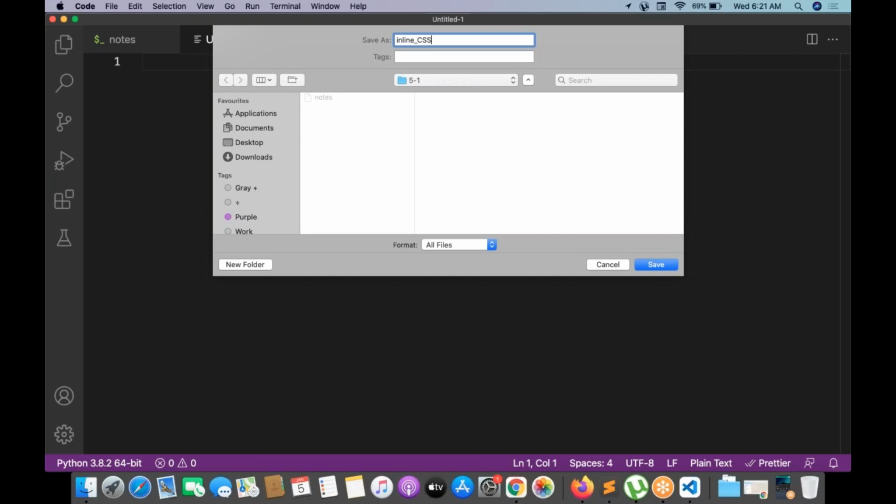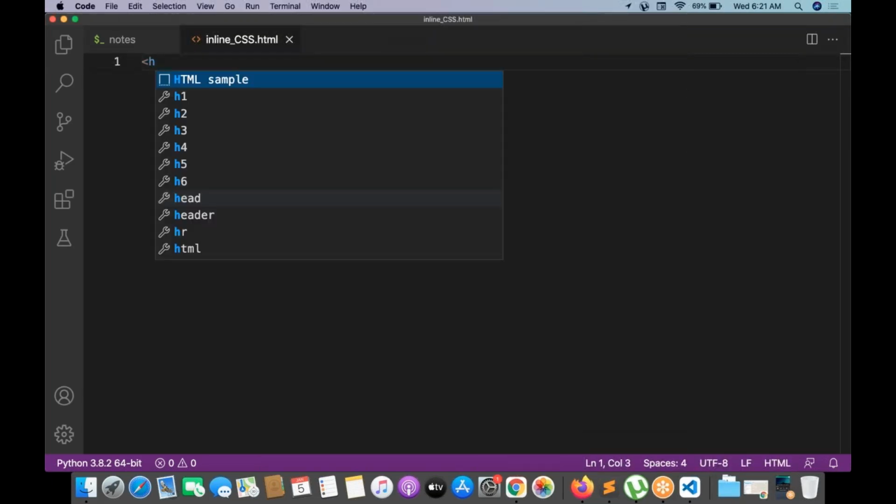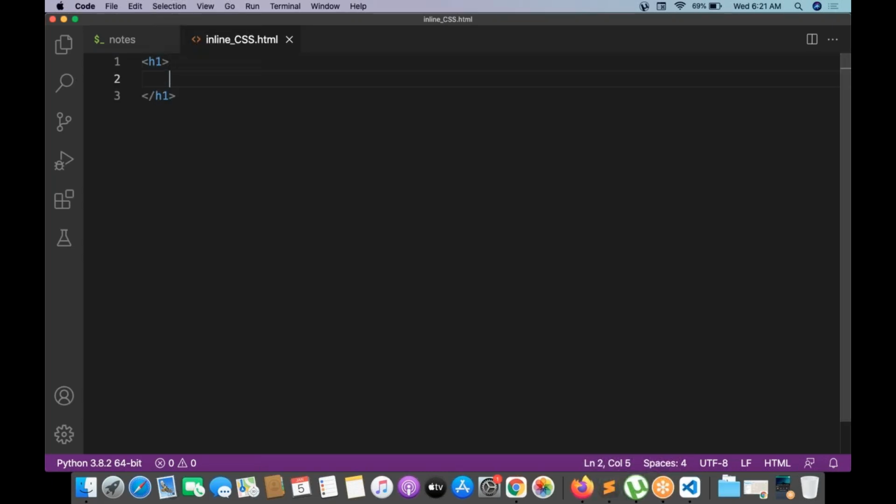Inline CSS.html. And the first one I'm taking is the h1 tag. And this will be something like web development. I'm going to be having a number of elements. This is h2.